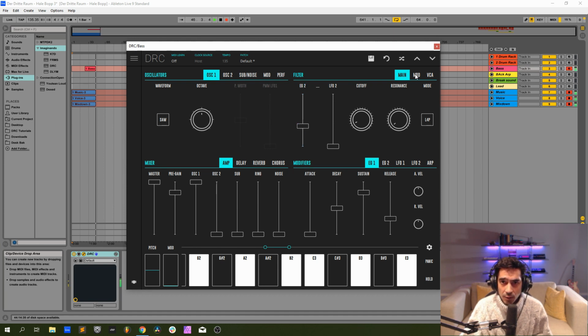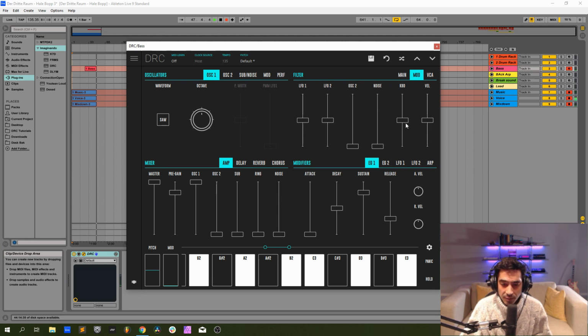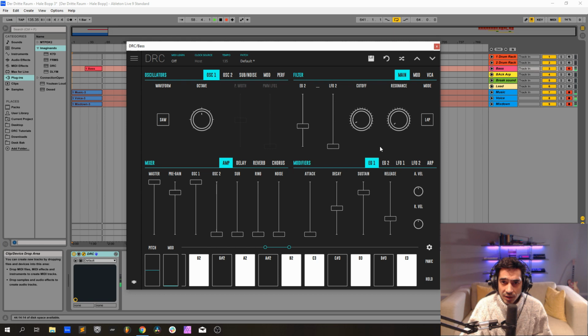Okay. Now we go to the modulation page of the cutoff and we're going to raise the keyboard to 329. This means the higher the key, the note, the higher the cutoff. Sorry, 329. Okay, like this. Now, for the first envelope generator, this one modulates the amplitude, attack at 0, decay at 500,